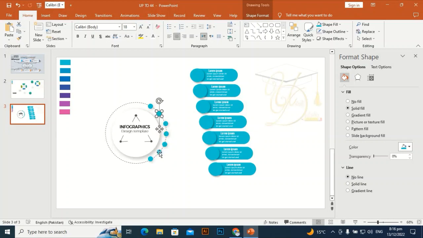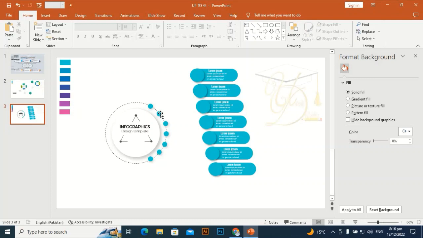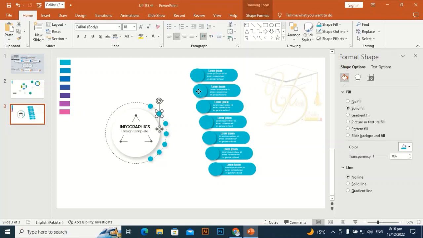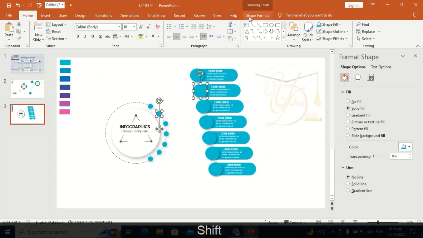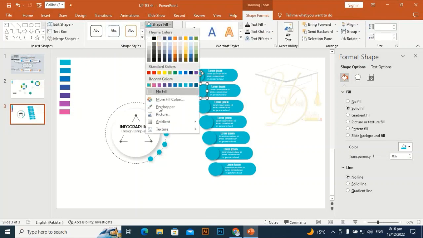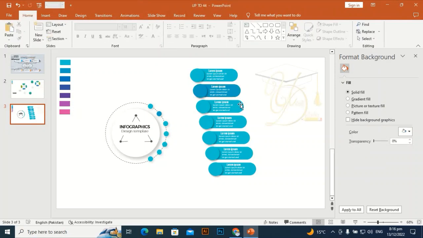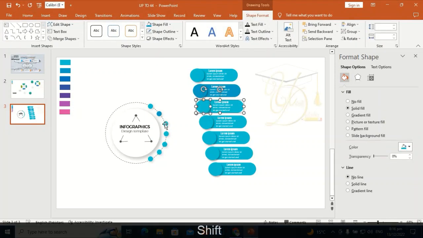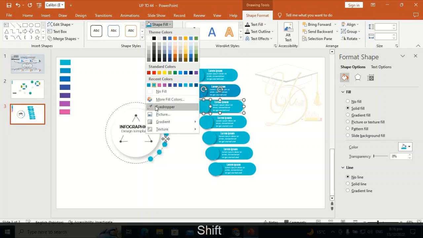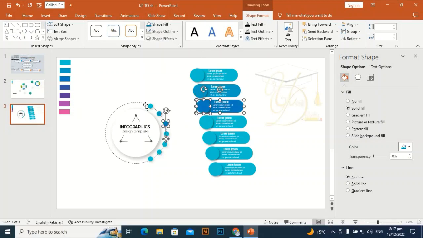Make these shapes very carefully, with the right distance. Okay, take this color.